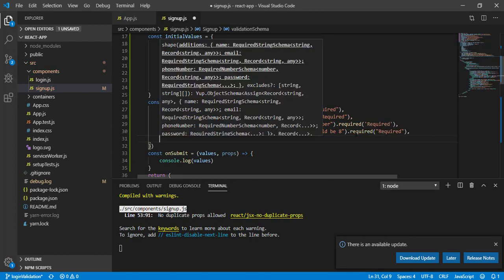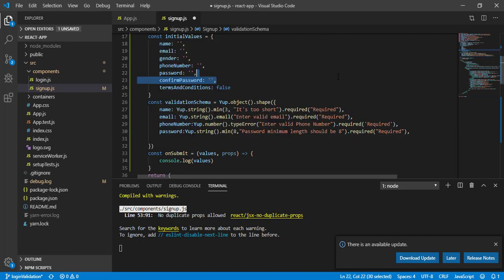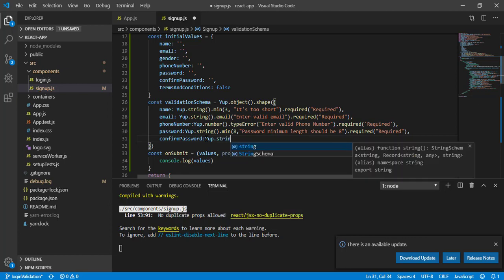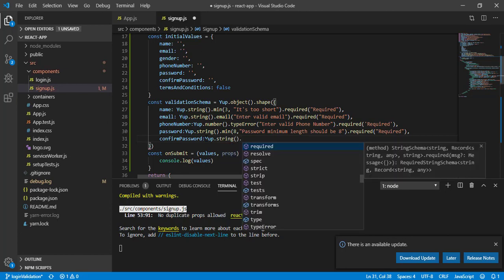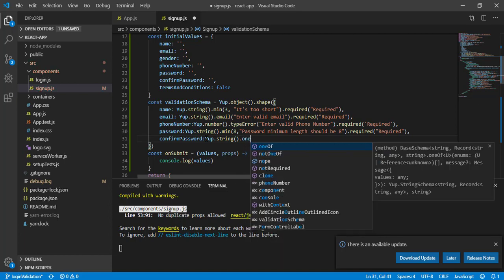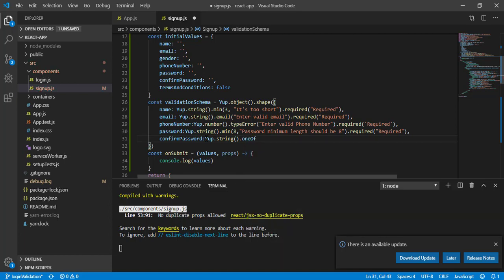Let's come to the next one, the confirm password. This confirm password has to be the same as our password that I have already entered. So here I will say yup.string, and then another property, oneOf.